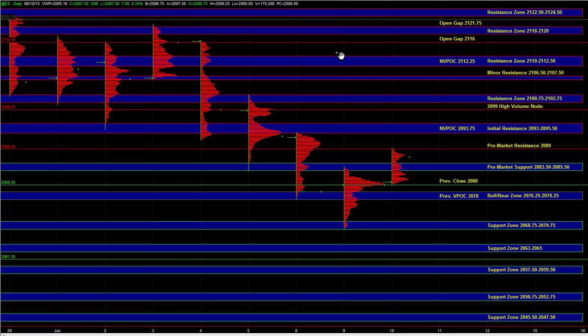That is pre-market support. On the upside, we had the 89 resistance level, which at this point has already been tested, and the next main inflection point and upside target is the initial resistance zone at 93 to 95.5. Now, if we're seeing some really strong buying on the day time frame, then we can go beyond 95.5 and test the 2099 high volume node and potentially the 2175 to 0275 resistance zone where responsive sellers can be active